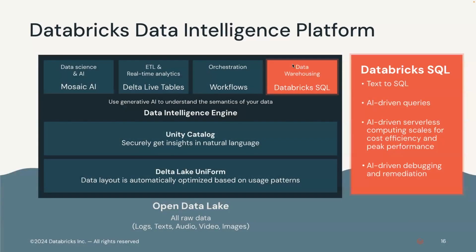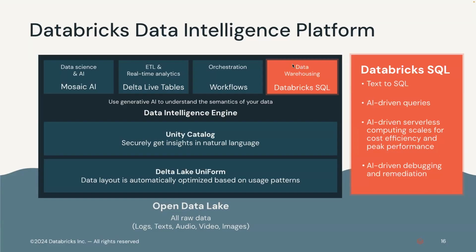Now, if you look at the platform, there are many tools. To start with, we have the open lake, where you can get all the data, which could be of any format. On top of that, you will have a UniForm Delta Lake. UniForm means you can get data in any format. It can be any type of file. You don't have to stick with only Delta Lake. You can have data connecting to Iceberg, or you can have a Hudi format file, and then everything can be built onto the data lake.